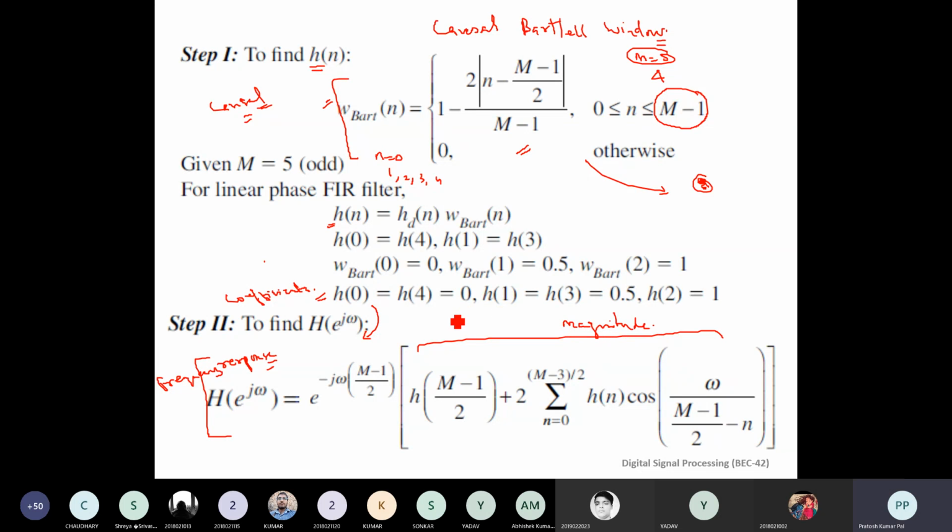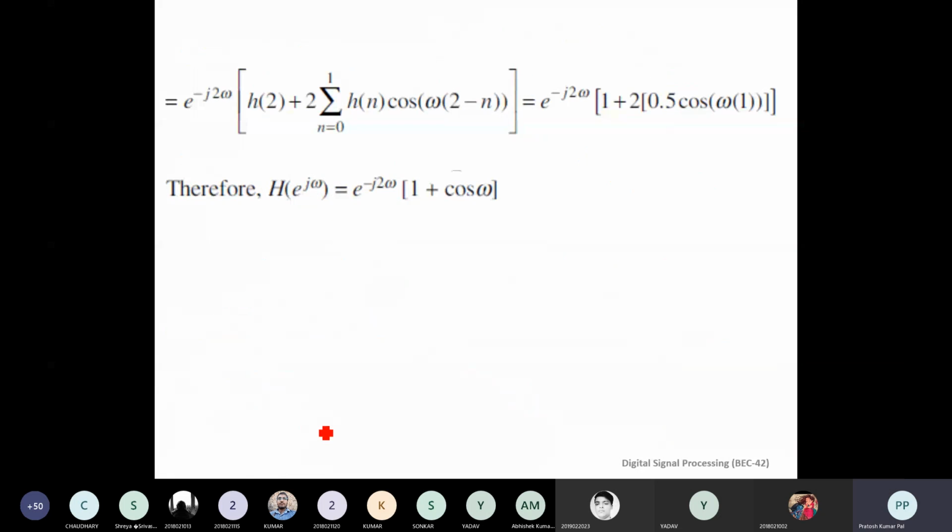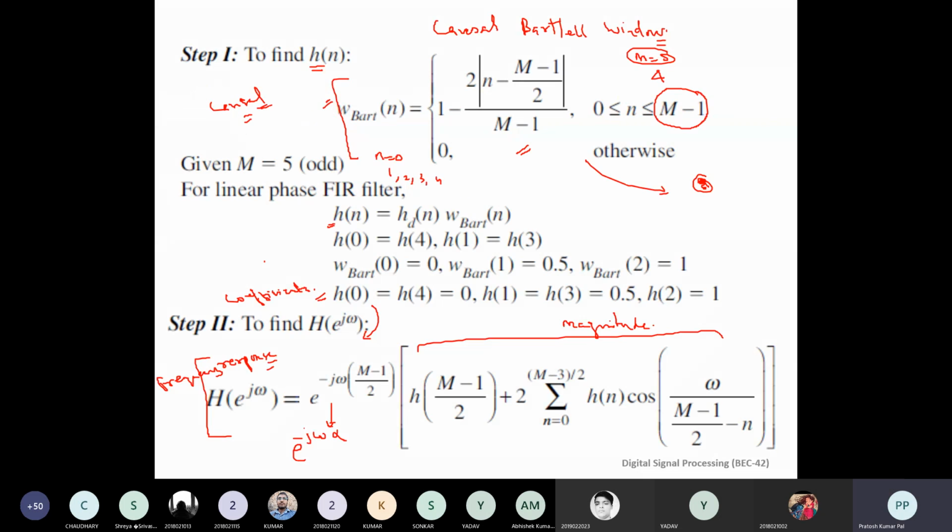As it is given to be a linear phase system, it will be given by e to the power minus j omega alpha, where alpha is m minus 1 by 2. This will give out your phase. From there, once we put m equals to